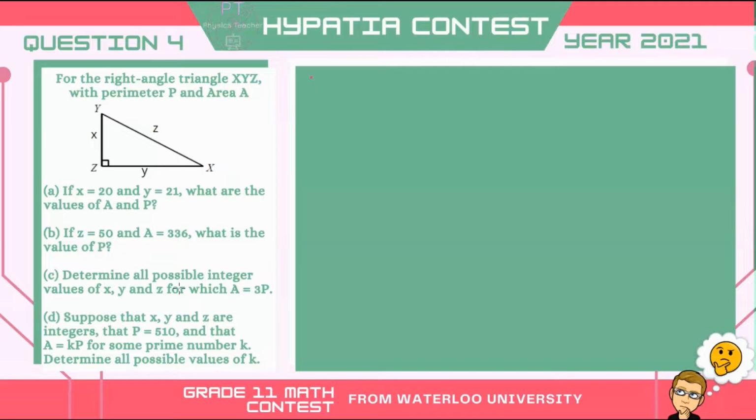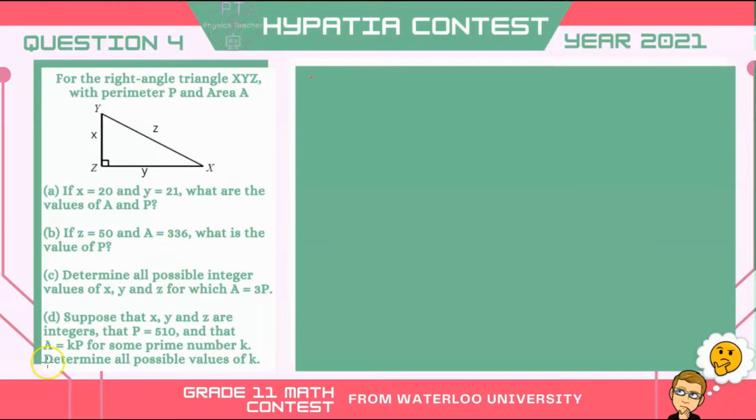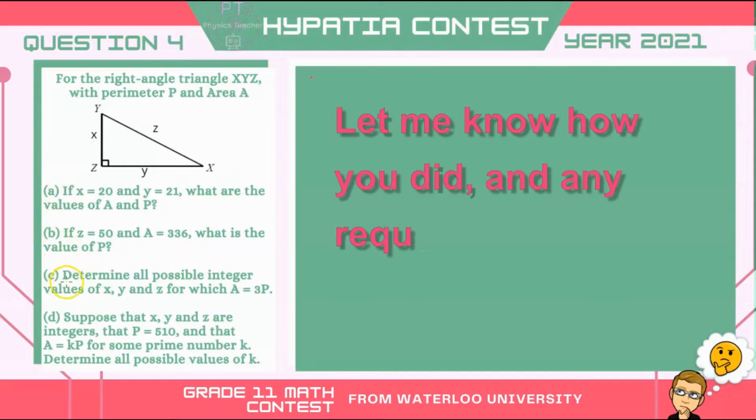This is a grade 11 Hypatia contest question. It is question number 4, the last question of the 2021 contest. And there are 4 parts to it. Parts A and B are fairly simple for grade 11s, and then C and D get more challenging, where D